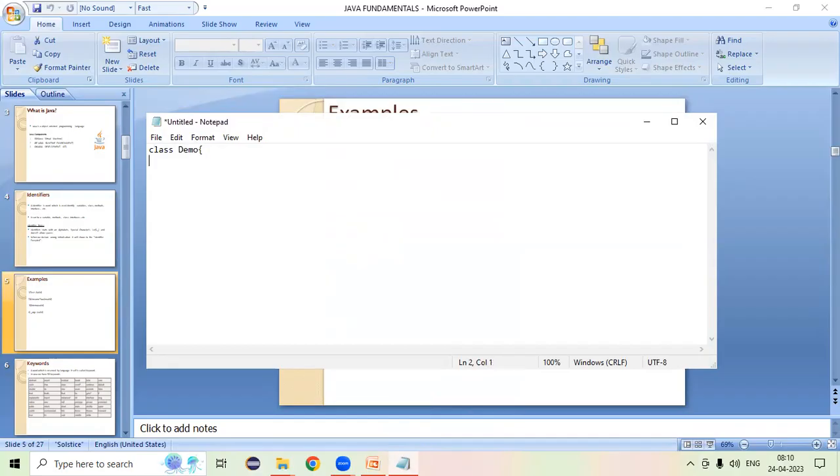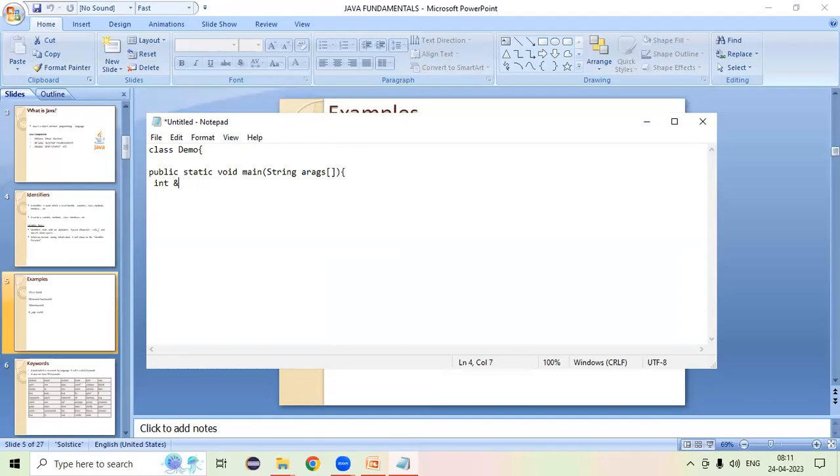I'm giving the class name Demo, and the main method is public static void main, String args are the parameters. Here I am declaring a variable. Don't get confused, you can consider it a demo program. So I'm just declaring a variable, int